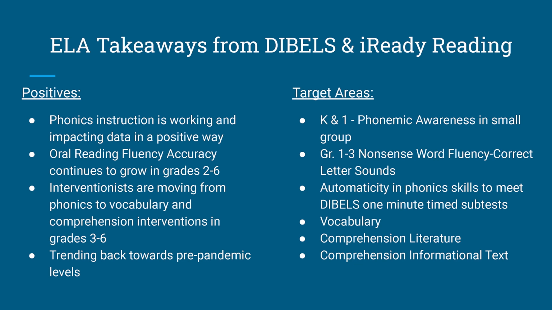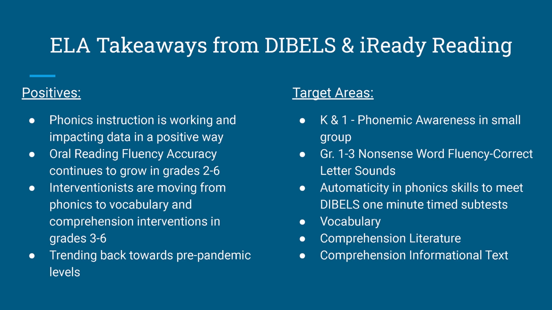Some of the takeaways are going to be the same as they were from the winter data. The phonics instruction is working and it's impacting data in a positive way. Oral reading fluency accuracy continues to grow in grade levels 2 through 6. Our interventionists are moving from phonics to vocabulary and comprehension interventions in grades 3 through 6, and we're trending back